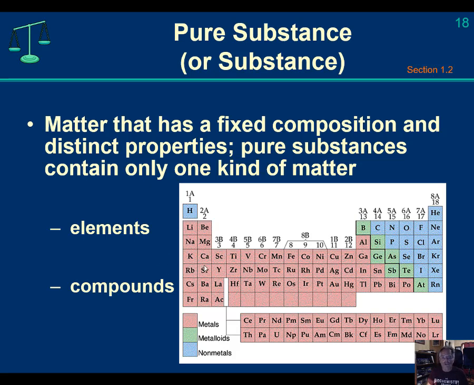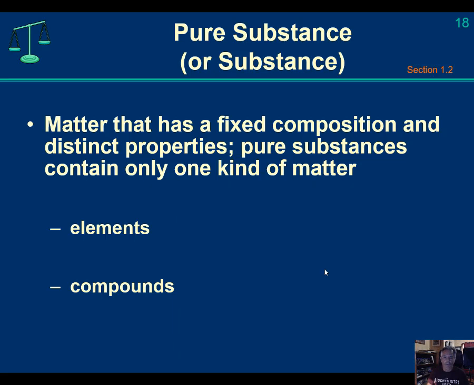If I have only oxygen atoms, I have pure oxygen. And that's true for any of the elements, something that's often sought after historically and to this day, pure gold. And so if I have only atoms of gold, I have a pure elemental substance that we call gold, and its symbol is Au. The other type of pure substance can be a pure compound substance. So this is